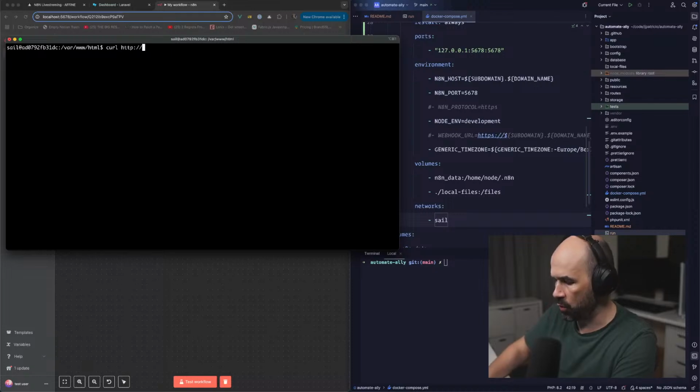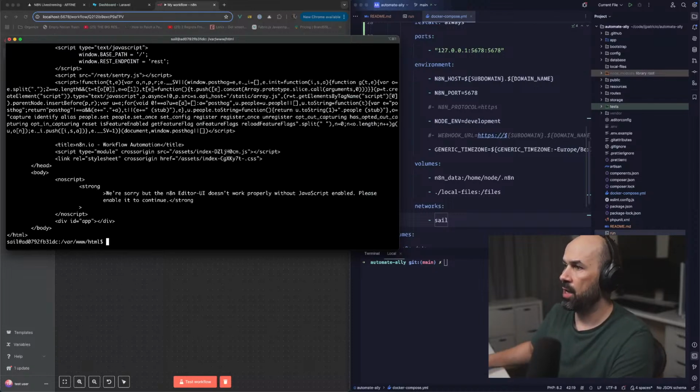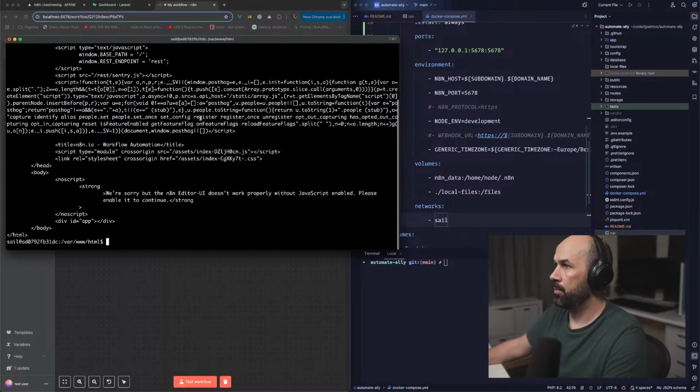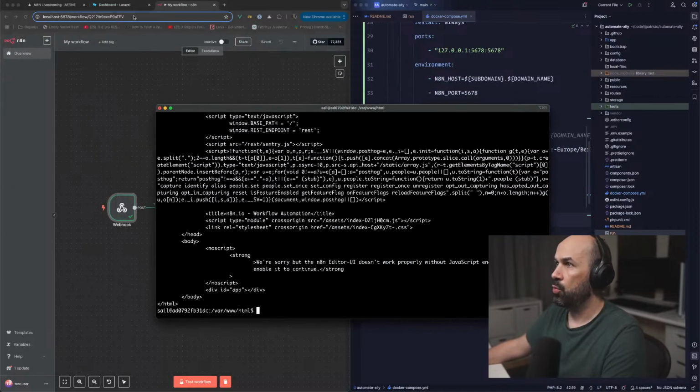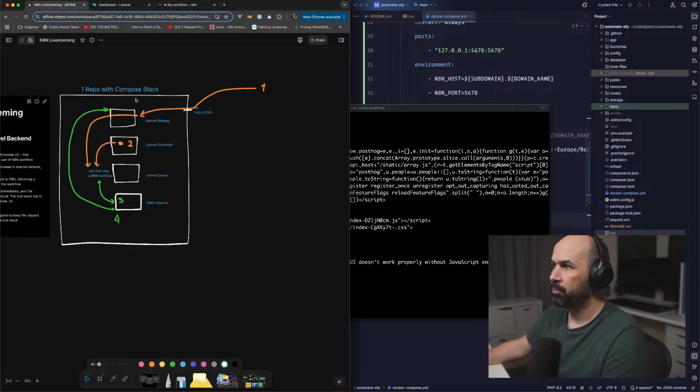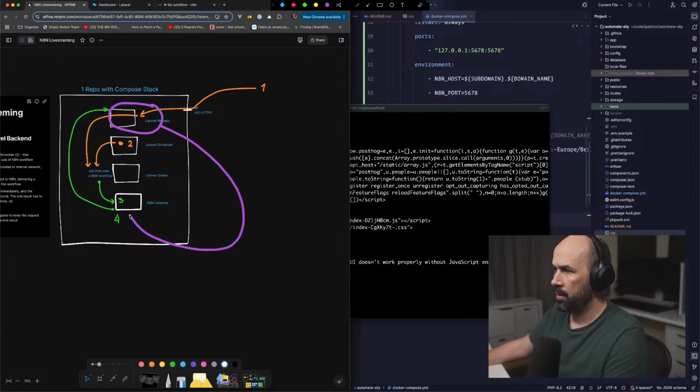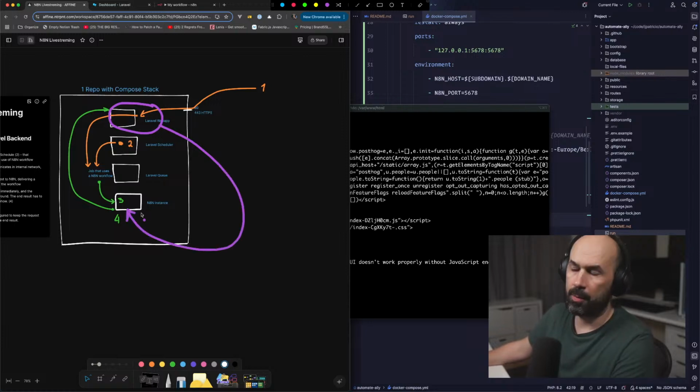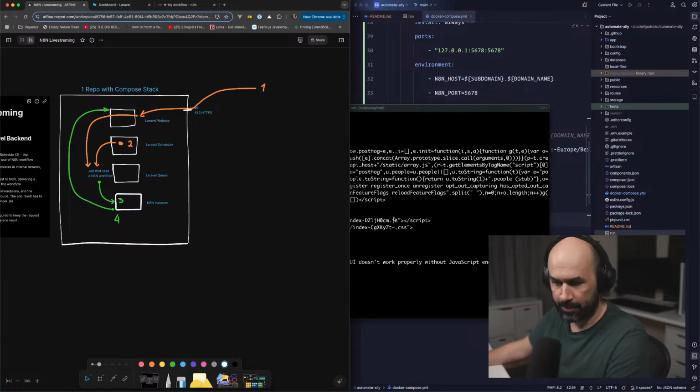So what I'm trying to do here is just to reach, and we did. So what we did here was we are in this container, and we were able to perform a request to this container. So we're almost there.